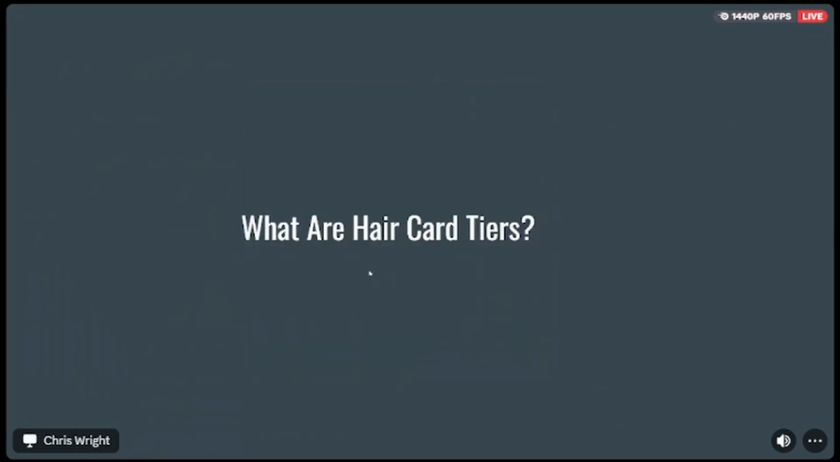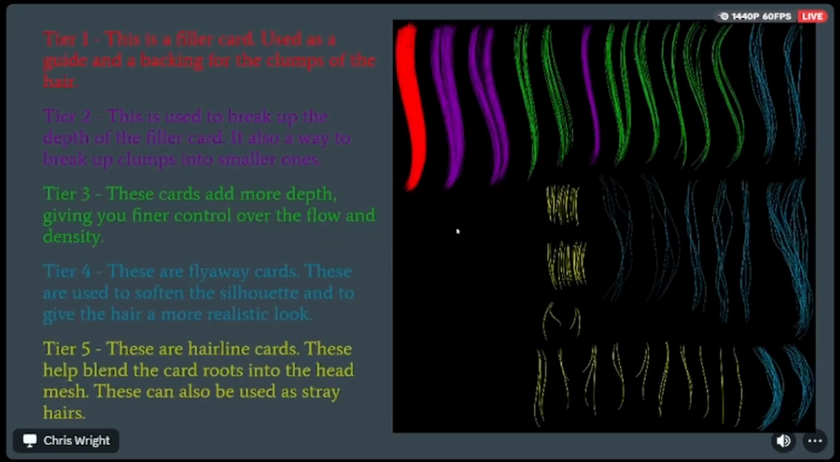I'll quickly go into the different tiers of cards. So when you're making textures, you want to have a variety of densities. I think that's the term. So I call them tiers. There are 5 different tiers I've got in this texture set. The first tier is the filler card. This basically shouldn't have any gaps. I've got a couple of gaps here, but this